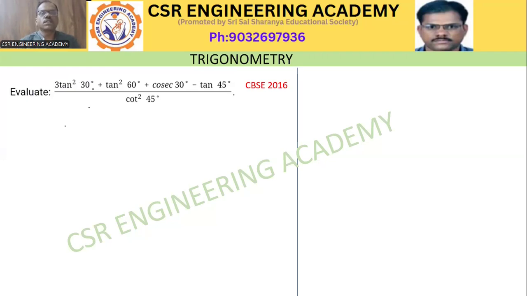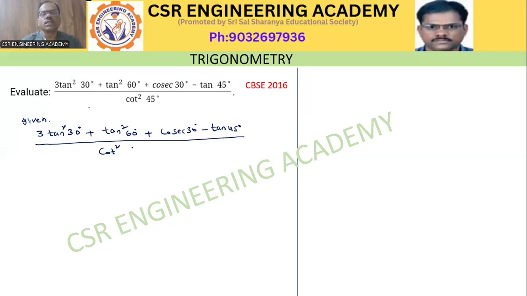Evaluate (3 tan square 30 degrees plus tan square 60 degrees plus cosecant 30 degrees minus tan 45 degrees) divided by cot square 45 degrees. Given (3 tan square 30 degrees plus tan square 60 degrees plus cosecant 30 degrees minus tan 45 degrees) divided by cot square 45 degrees, is equal to 3 into tan 30 degrees, which is equal to sin 30 by cos